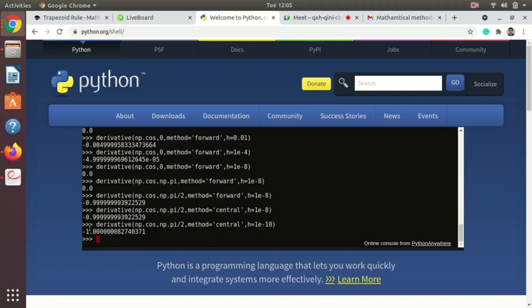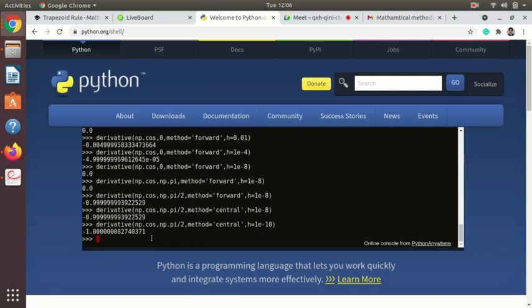If you find the error, that is very small. You can see here, counting 1 2 3 4 5 6 7 8, it is 10 raised to minus 8. So the error is about 10 raised to minus 6 percent. This is a negligible error, so you can use Python.